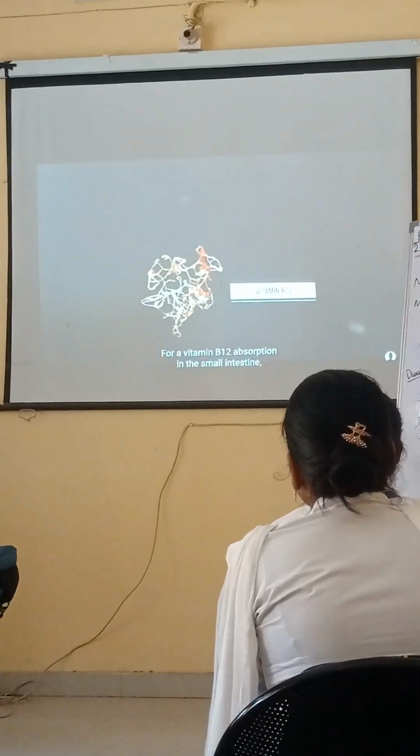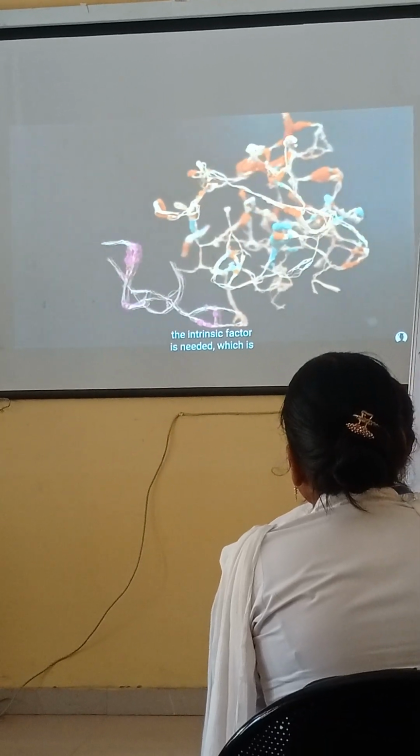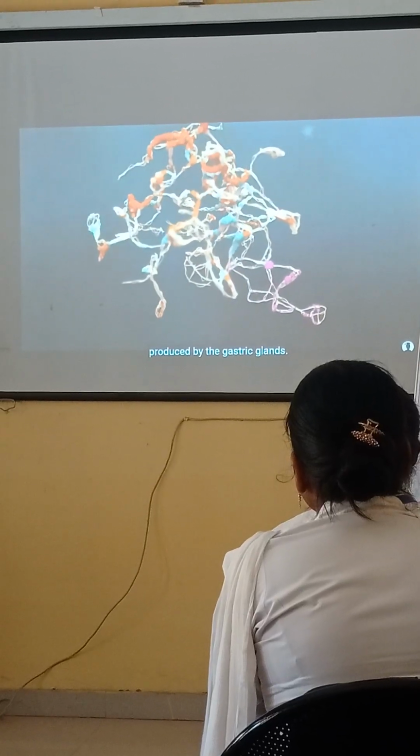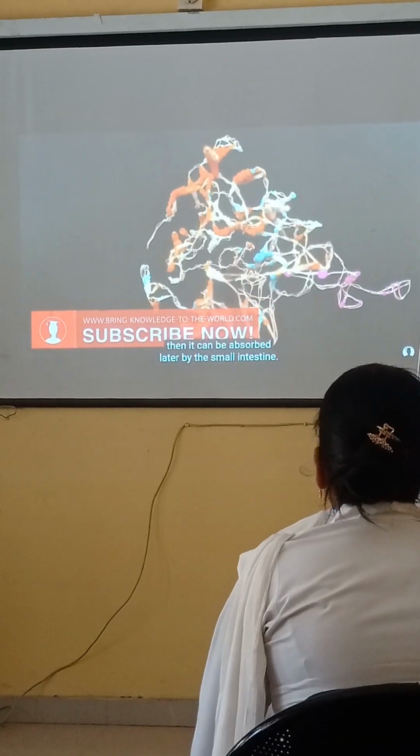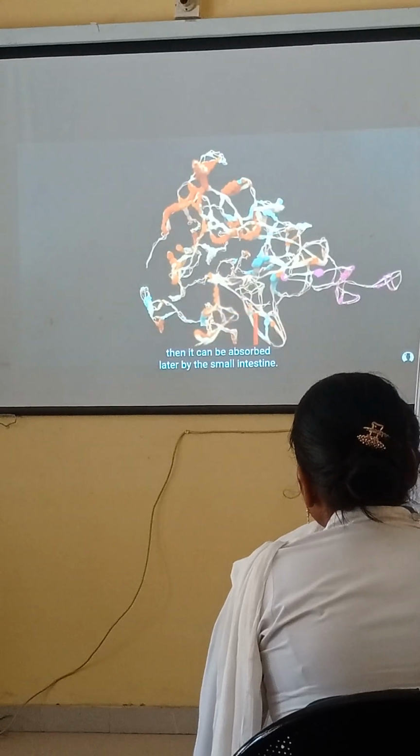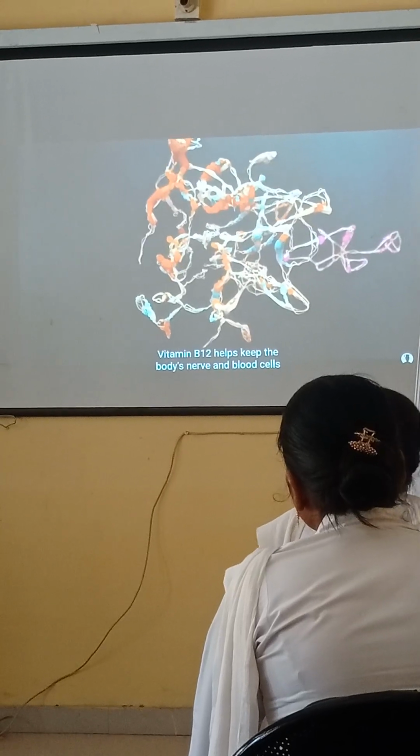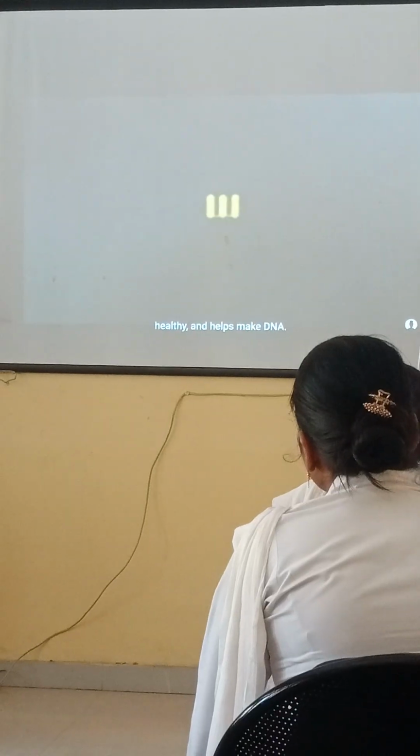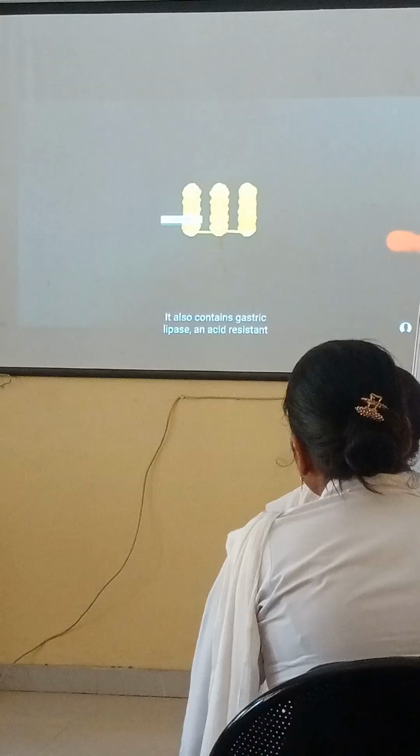For vitamin B12 absorption in the small intestine, the intrinsic factor is needed, which is produced by the gastric glands. The vitamin must combine with intrinsic factor, then it can be absorbed later by the small intestine. Vitamin B12 helps keep the body's nerves and cells healthy and helps make DNA. It also contains gastric lipase, an acid